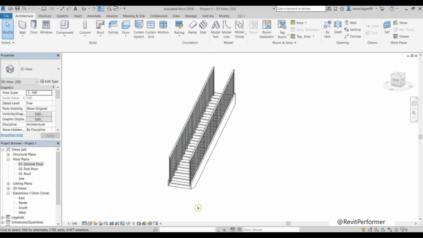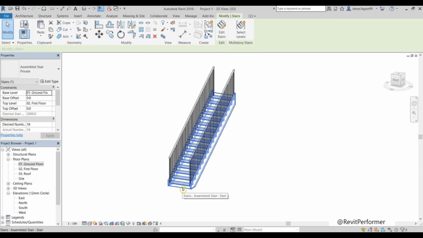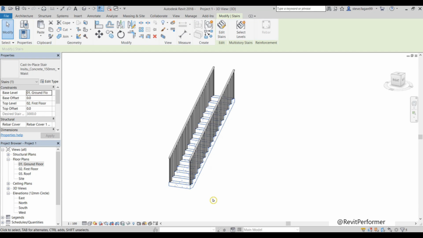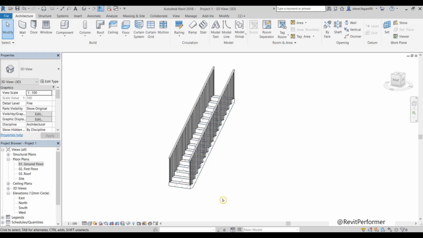So like all of the components, these stairs are just types. So we can change the stair type by selecting the actual stairs, going to the type selector, and we have some defaults there from Autodesk. So if I change it from a private stairs to a concrete stairs,